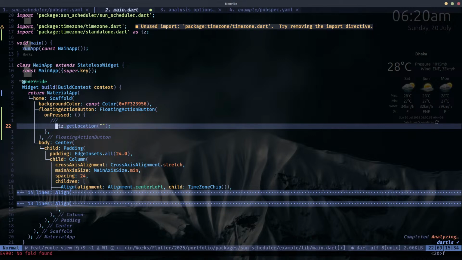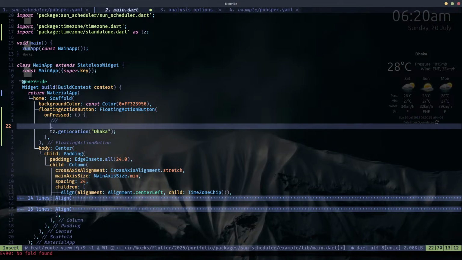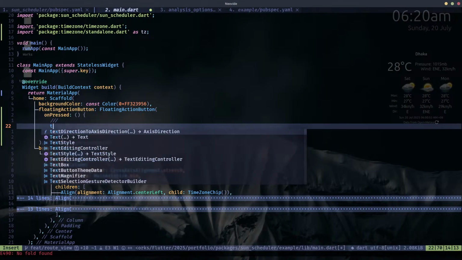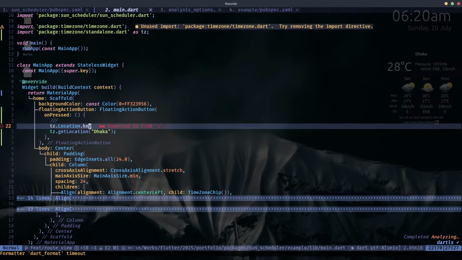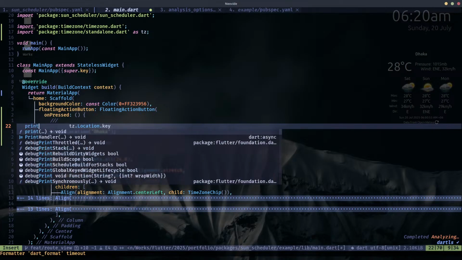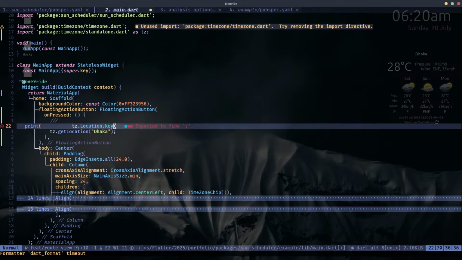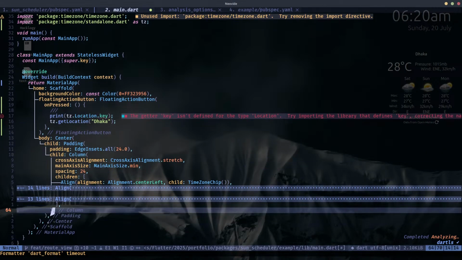Yeah, let's try. Come on. Why is it complaining? Like this one, but I need to get the keys here. Location dot key like this. I need to check it. So let's just do a print. We could, you know what,